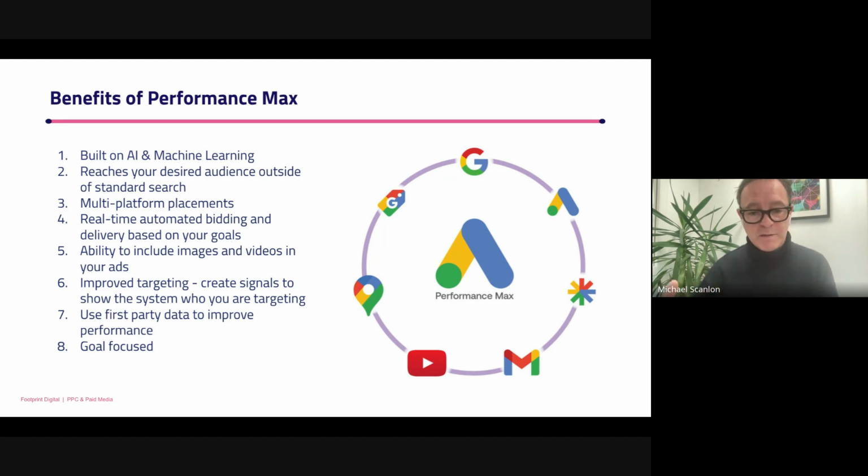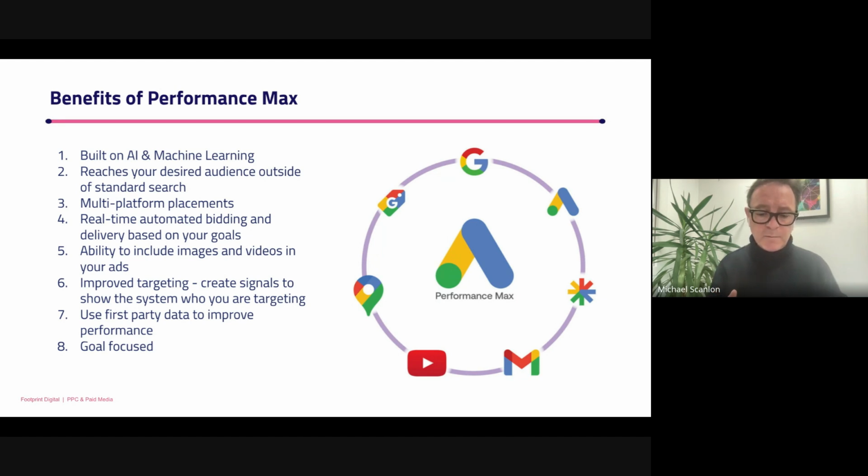But the aspirational side of that came across really well in the video. We show the video next to the ads as well on different placements, and suddenly they start to get some interesting conversions. So again, there's some additional features there that are being developed and probably will get better over time as well. Improved targeting. One of the things that you can do with Performance Max that you can't really do